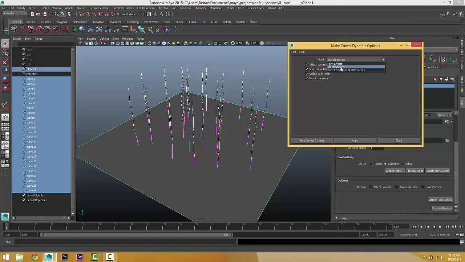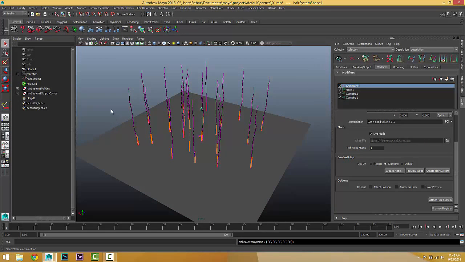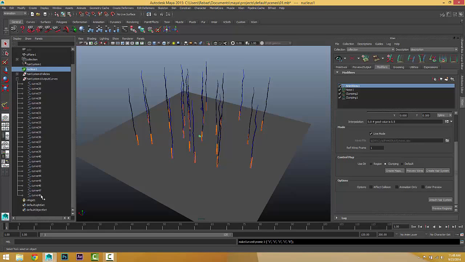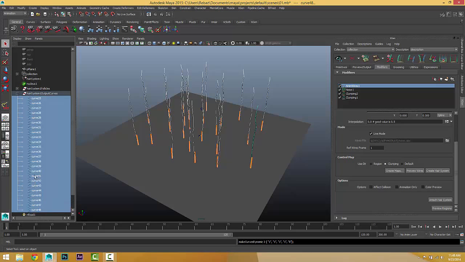And we've got paint effects or curves, the same as before. Let's just make curves as easier to control. Just make dynamics. Now if you just create the end dynamic here, we've got also the nuclear and the curves. So if you just look at this, now we've got about 48 curves. Now if we just select all the curves here, you can see we've got about 48 curves. Select all the curves and choose attach to hair system, and we've got the